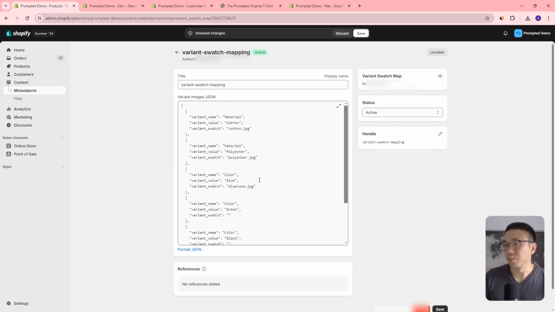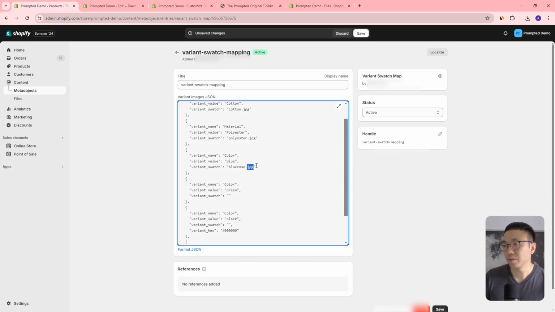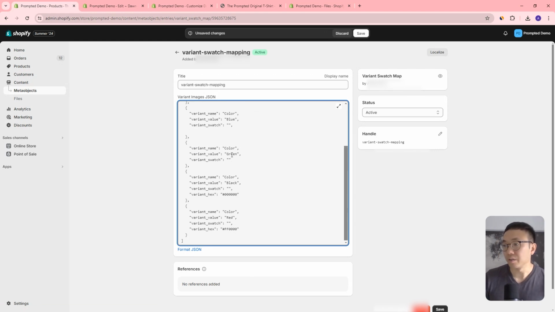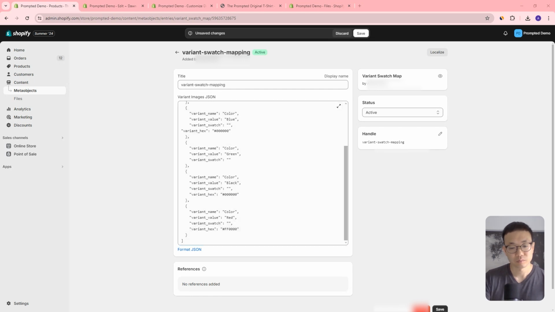And let's say remove the blue rows here, and then add the variant hex underneath it. Blue, what is... Okay, so the blue hex code is